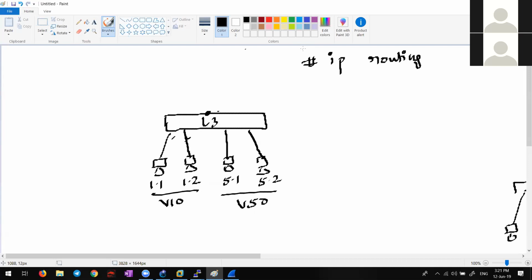And this TCAM table also takes care of the access list in layer 3 switches. This is TCAM. If you want more details, you can check it out. So there is something called the TCAM table, which is in layer 3 devices, layer 3 switches, which makes them much faster and more efficient.